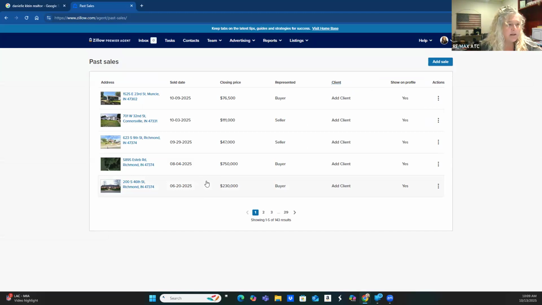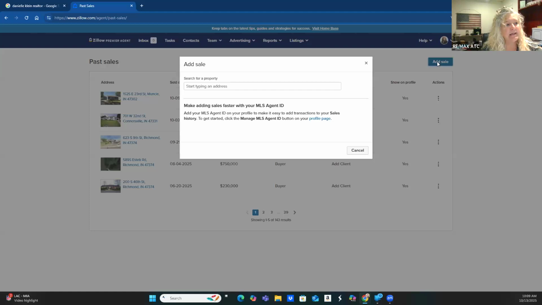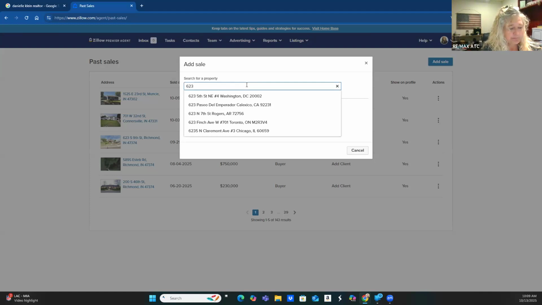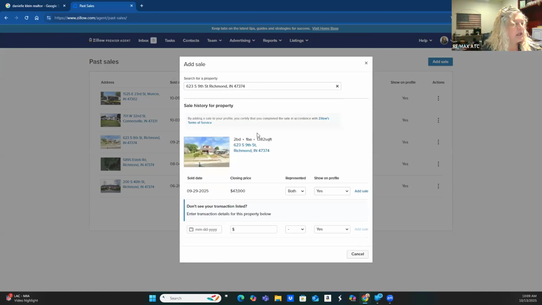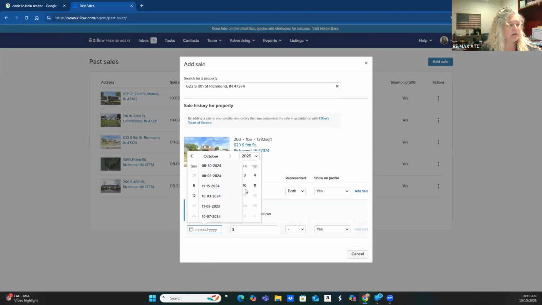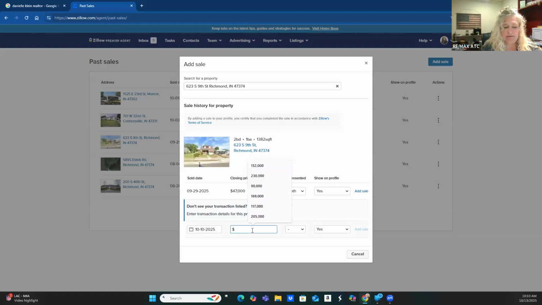But I'm finding a lot of times that my sales are not automatically going over. So if they are already populated, they would show up here. If you need to add an address, you're just going to click add a sale on the top right and then type in that address. Okay, click on it and it's going to come up with what they have as the most current date. This was the correct one. However, if you're not seeing it, you can add in the closing date, how much it was for,